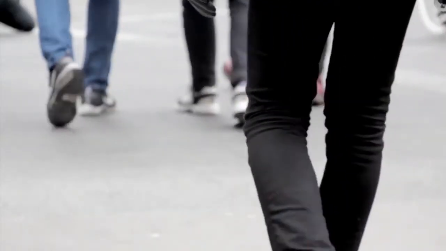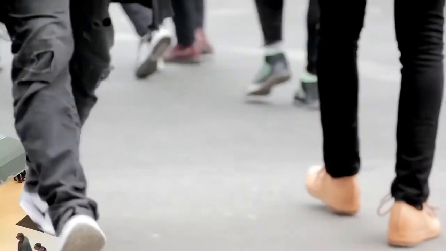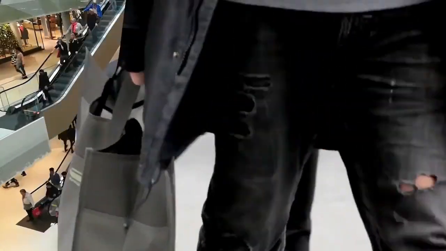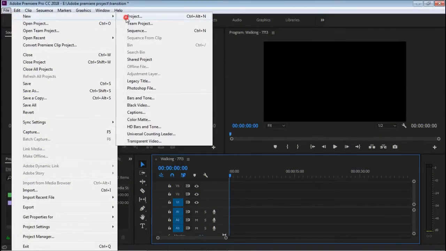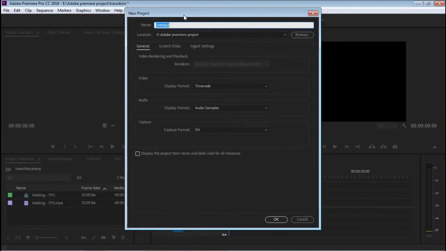So today with another video, I'll show you how to create this transition between two videos using moving objects. So let's create a new project on Premiere Pro 2018. You can use any version you want. So just name it transition